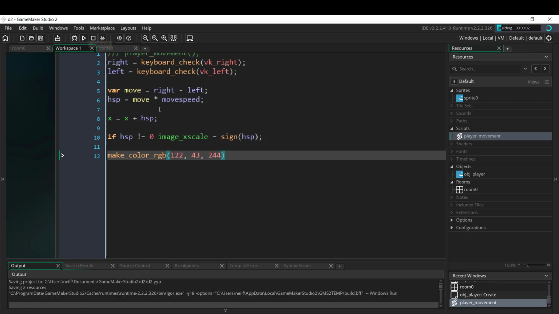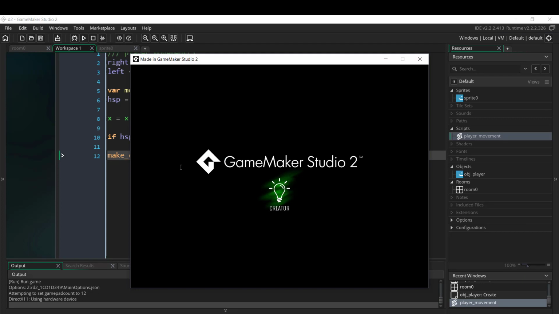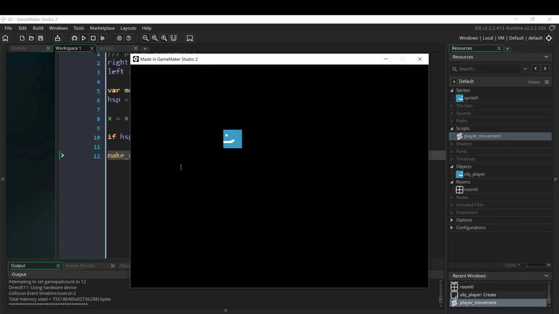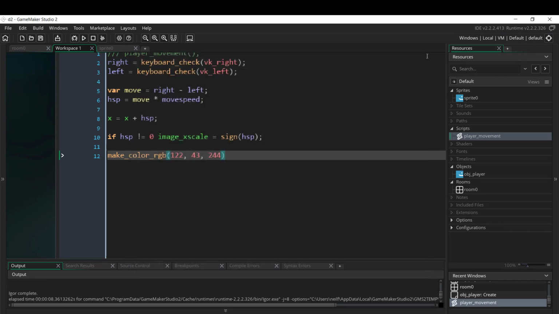Maybe it'll change because remember, this script is now running in the player step, so it might actually change player, but no, it doesn't. I'd have to actually apply it to player, which I could. You can apply this one time only with the press of a button. So I can say something like, if HSP, I don't know, less than 0. I just want to see if this works. HSP is less than 0,